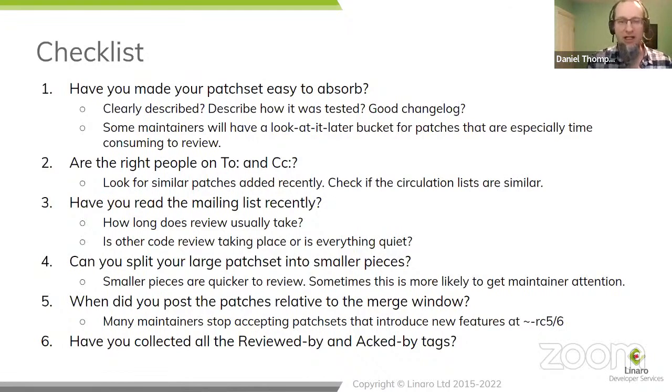The other big one is, have you put the correct people on To and CC? Double check maintainers, double check mailing lists and other people sent to the same Tos and CCs to make sure that you actually sent it to the right maintainers, that you've picked the right piece. And look at other patches in the subsystem that you're working on. What did they put on To? What did they put on CC? Have you picked the same set of people? When you can find code that has landed in the kernel recently, have a look to see if they sent it to the right people, the same people that you selected.